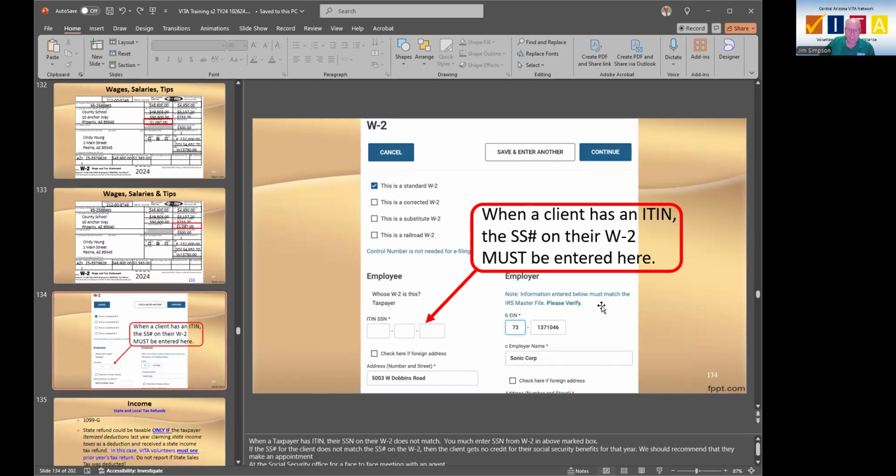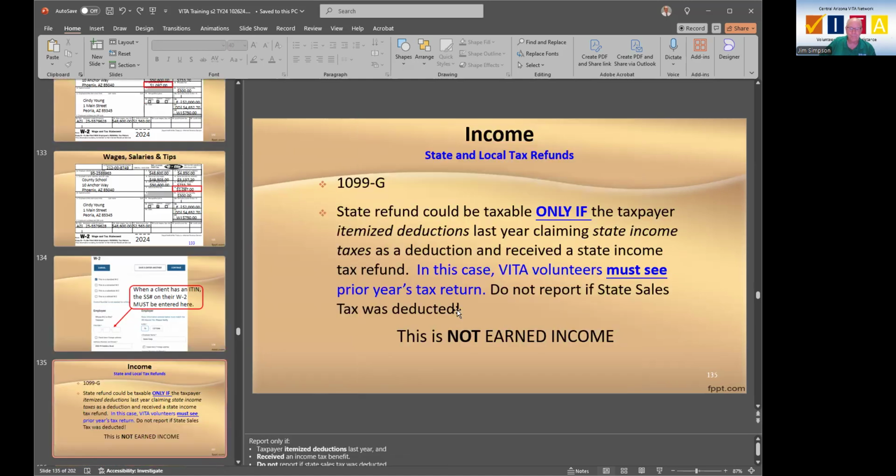When a client has an ITIN, remember we discussed that in the last session too. They have an ITIN, and so we put that on the basic information screen, but then they get a W-2, and the W-2 has a Social Security number. So then in here, it's called the ITIN Social Security number. We put this in. The IRS wants to track that because there's been a lot of misuse of Social Security numbers, right? So anyway,